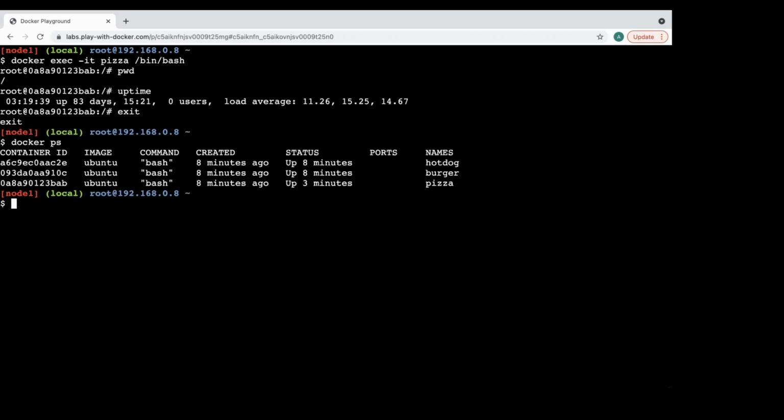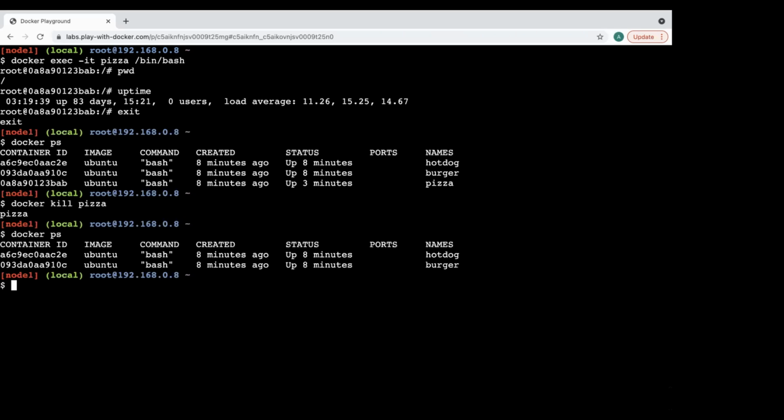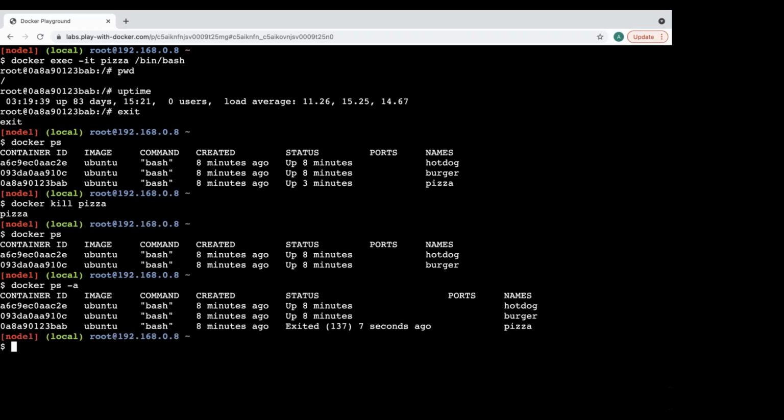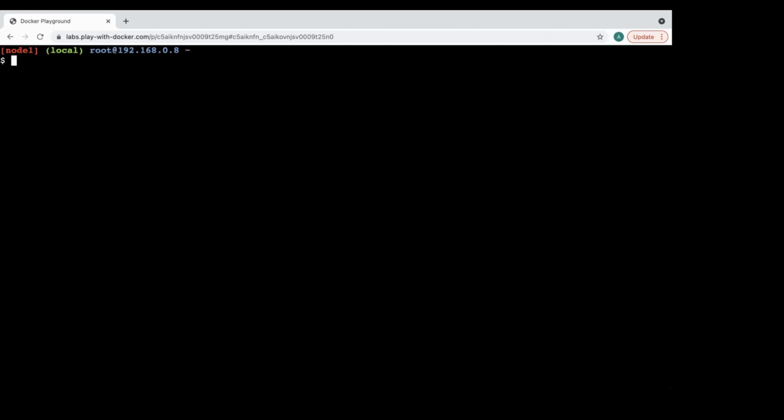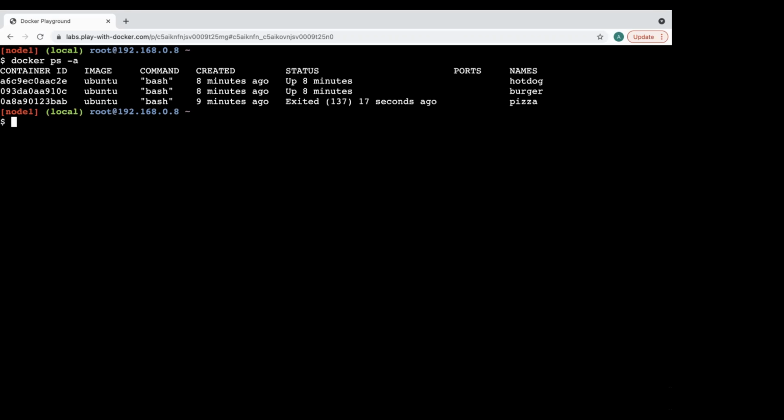We can do a stop, but stop will work only when the container is responding to your stop call. Let's say something hangs. Just say docker kill pizza. All right, say docker ps. So it is similar to a stop. The only difference is that now you do a hard boot, you actually press the power button. So kill you only use when you find your container has hung for any reason. The container is not responding to your call. Then you can go docker kill.